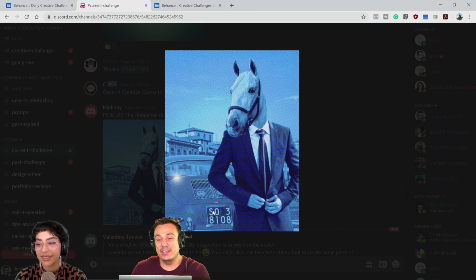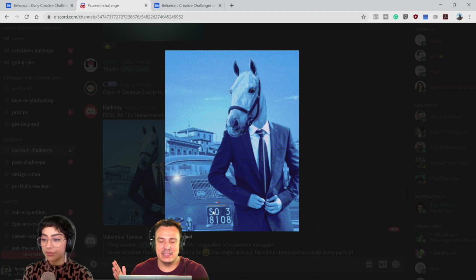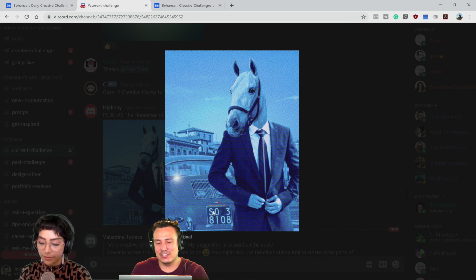So the biggest thing with this one, in my opinion, is the lighting doesn't match that well. The horse is facing one way. You can see how the light is hitting the horse on the left side, but the body has light on the right side. One thing that I could suggest would be to do a lot of dodging and burning to sort of fake that lighting and try to make it match a little bit better. But as is, the lighting just doesn't match. Besides that, I think it looks fantastic. And one of the cool things that you did that I really like is that you left the Italian flag with its colors and the brand for the car in yellow. So we have the green, the white, and the red for the flag and the yellow underneath that. Super cool.